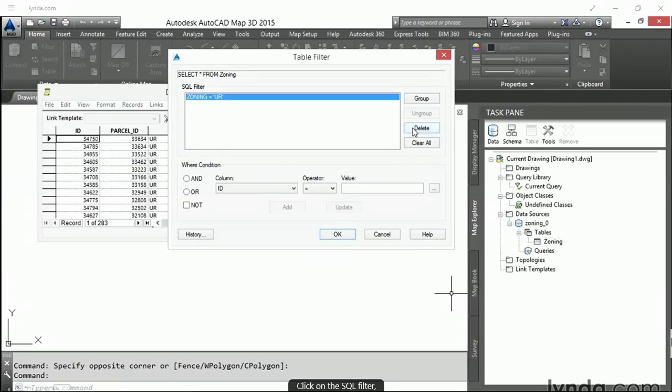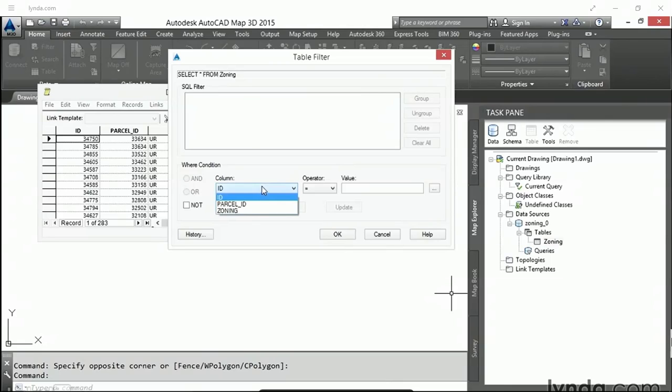We're going to delete the previous SQL filter. Under where condition, you'll change your column to zoning. In this case, we're going to change the operator to like. So we're not going to use the equal sign, we're going to use like, so we can get something like what we're looking for. We want all the residential. It just so happens that all the residential starts with a capital R and a period,